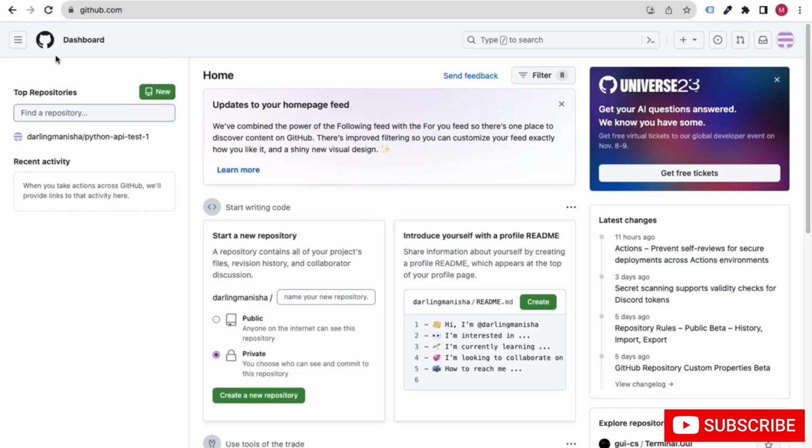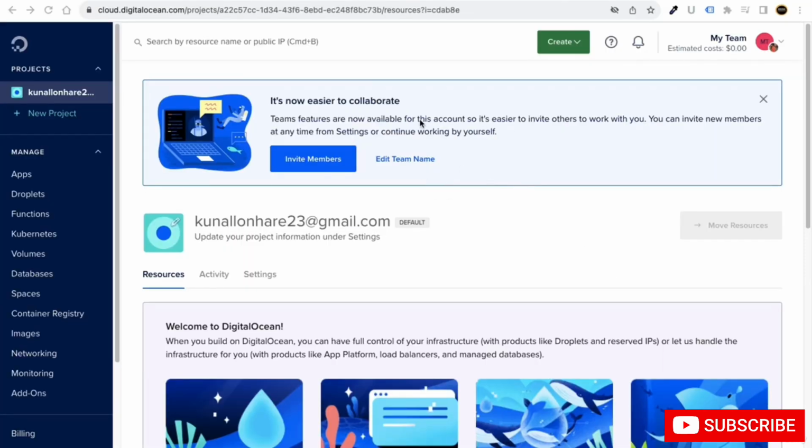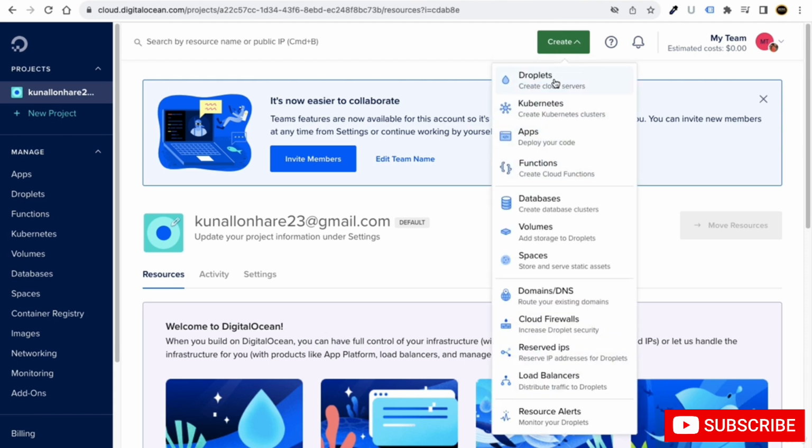After you come to GitHub again, just refresh your GitHub account, then click here, and you can see we pushed a few minutes ago, and that's how it has come here. Okay, great.